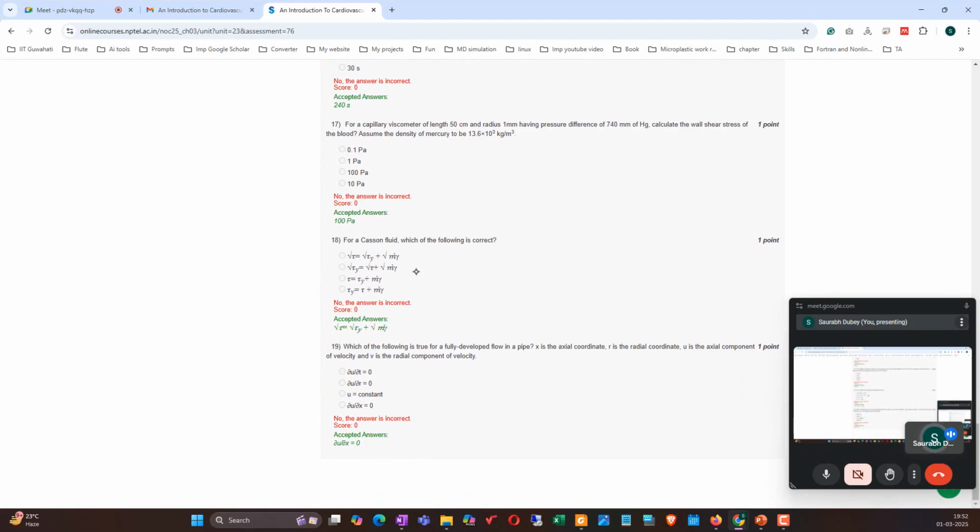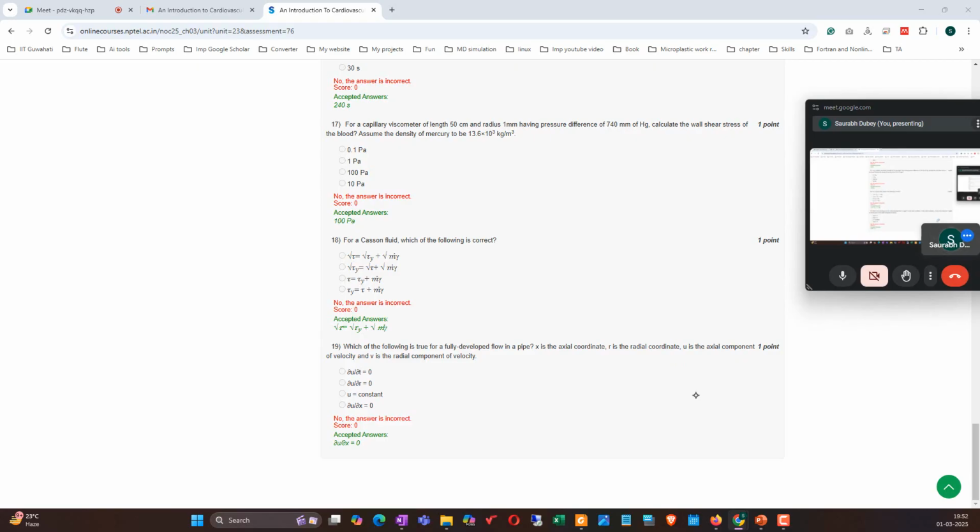This was the Casson's fluid, where both the factors have been taken. In the Casson's fluid, you know, the yield stress is required in order to have the beginning of the deformation. Okay, and then this one is: which of the following is true for the fully developed